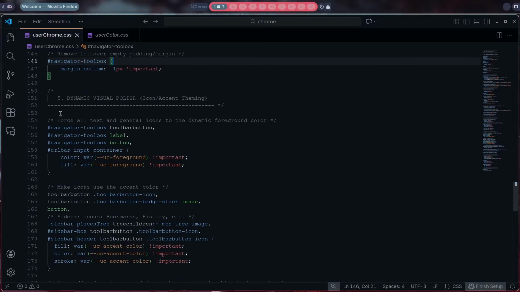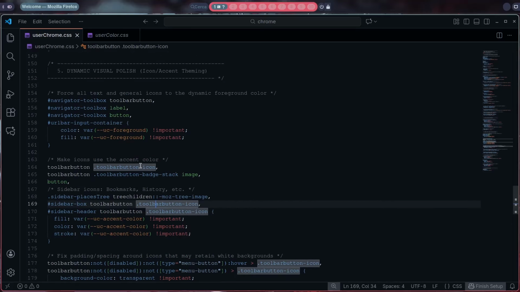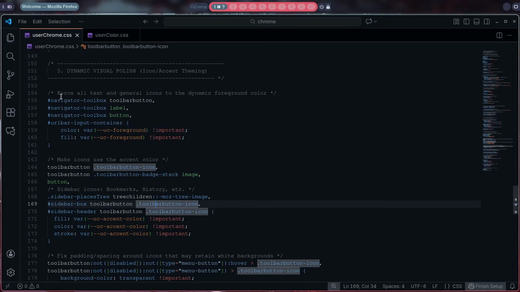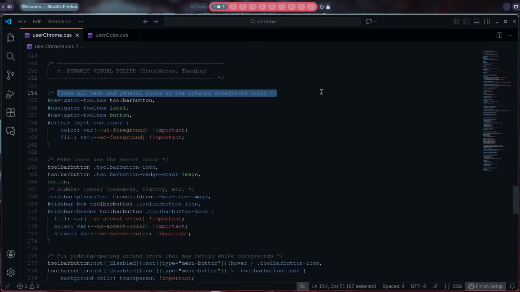Now this is a section that is kind of beyond me, but the general thing is, it forces all text and general icons to be dynamic with foreground colors. It will just make the icons use the accent color. Basically, every icon that the sidebar had, or the top bar, every button in the entire